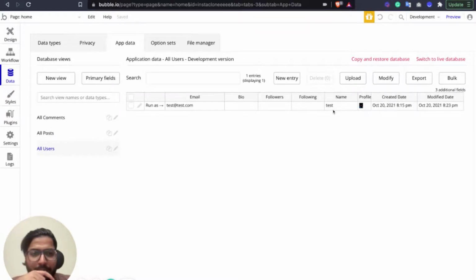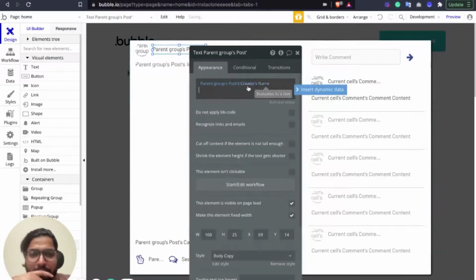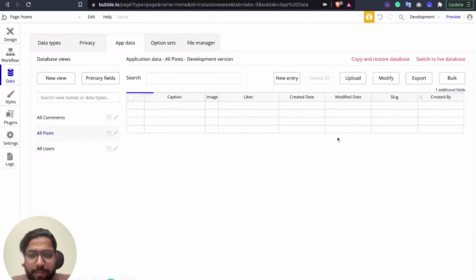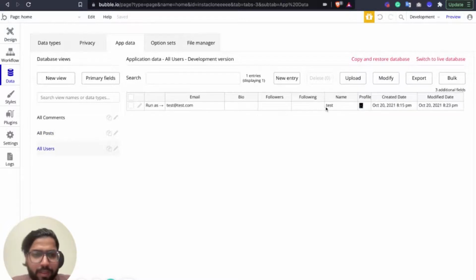It has the profile picture and the name, but it's not showing there. Let's check again why it's not happening. Creator's name and who was the creator of this post. Test at test.com. Perfect. In all user, the name is test. Profile picture is there.